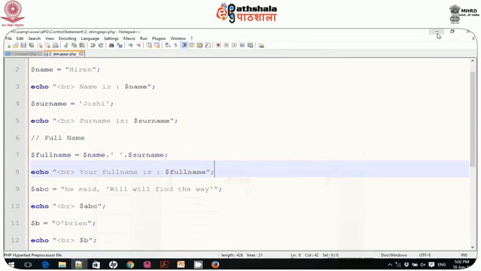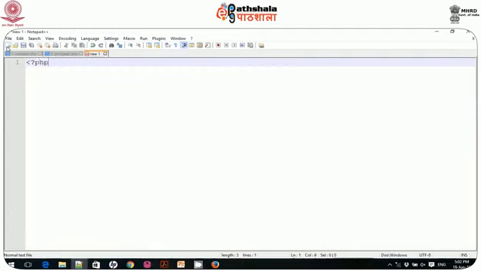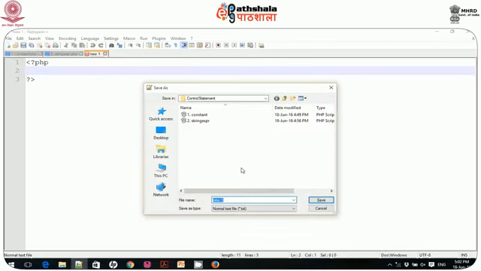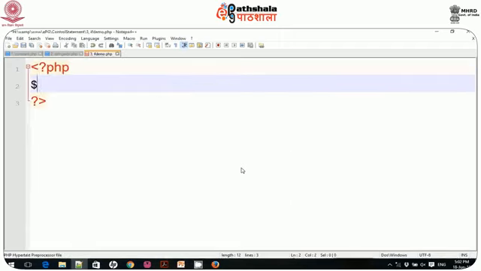So let me open my notepad and create another file, start php. Let me save this one as third, if demo.php. We define $age is assigned 18.